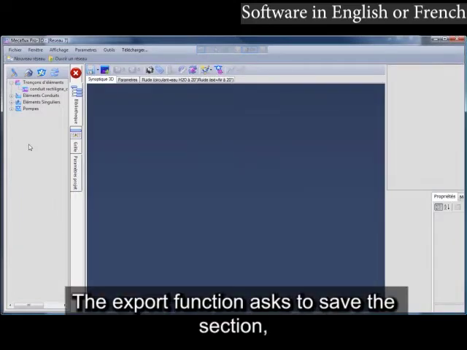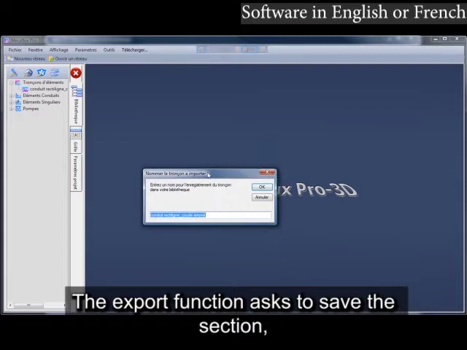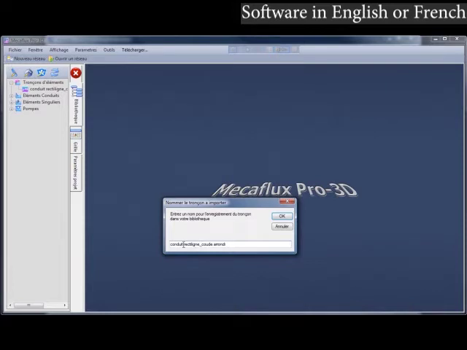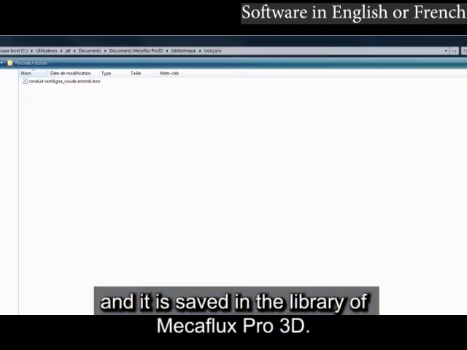The export function asks to save the section. Section 1. And it is saved in the library of MakeFlux Pro 3D.